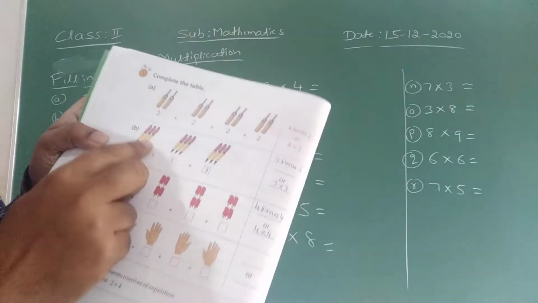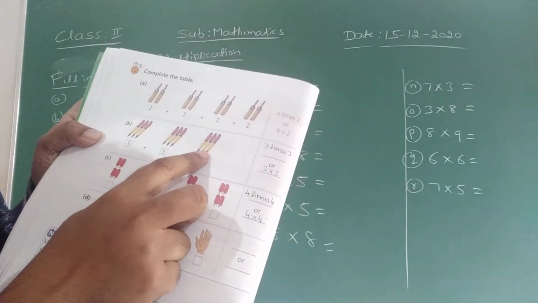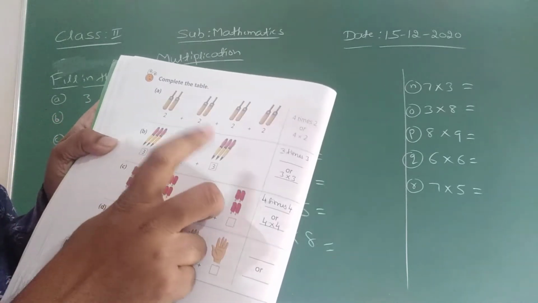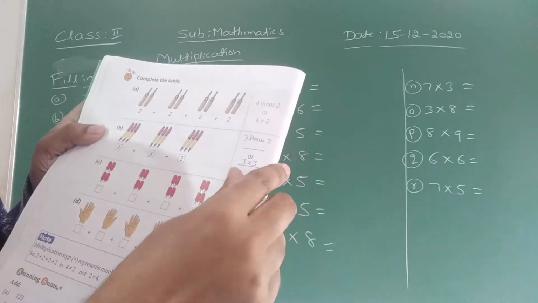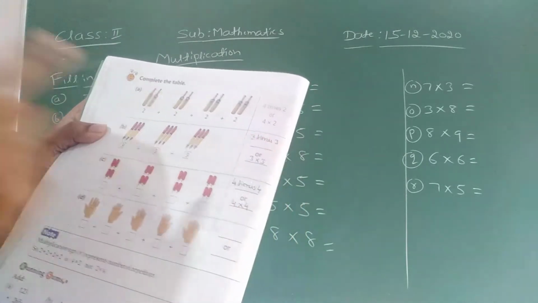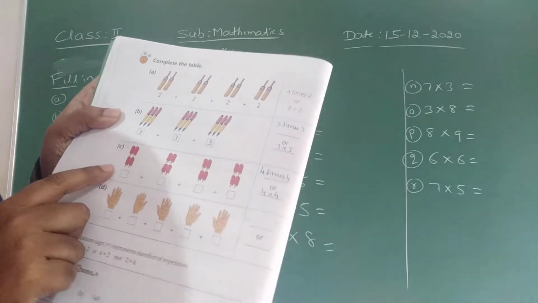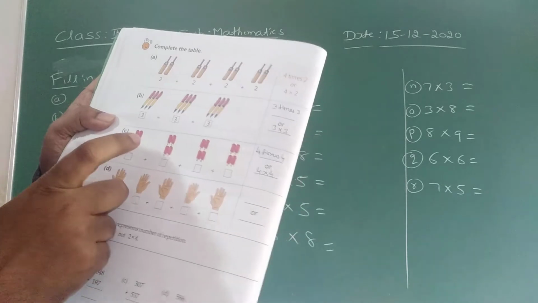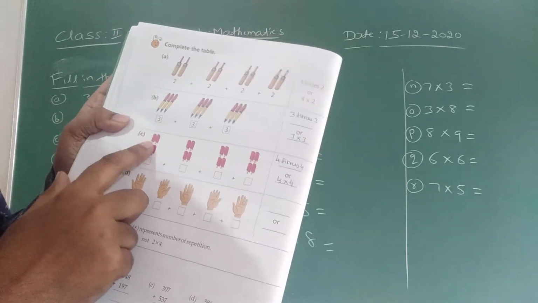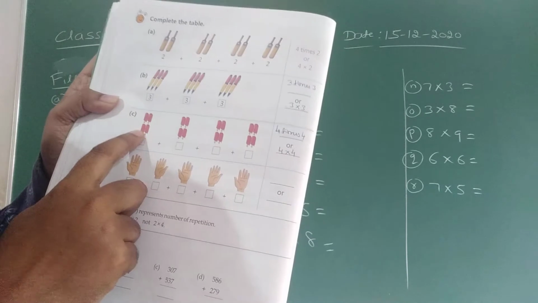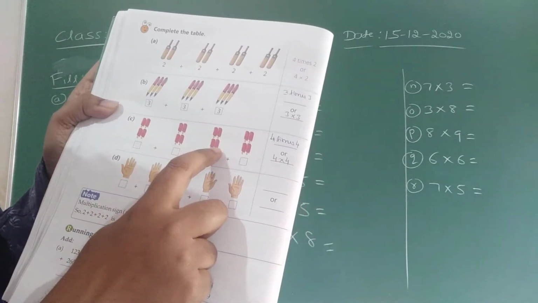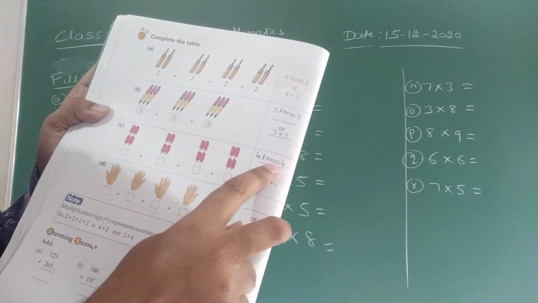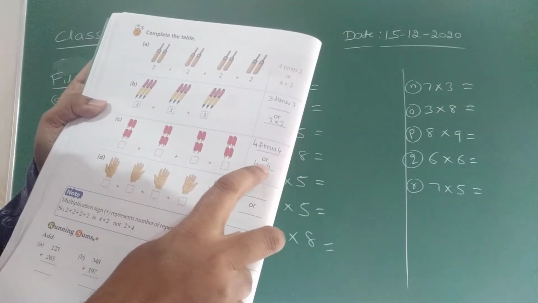Now similarly see here 3 pens, 3 pens, 3 pens. Okay. These 3 pens. How many times are there 3 pens? 1 time, 2 times, 3 times. Therefore, we have to write 3 times 3. Okay. Now next, here, see this example, ice creams. How many ice creams are there here? 1, 2, 3, 4. 4 ice creams are there. That is 4 ice cream 1 time, 4 ice cream 2 time, 4 ice cream 3 time, 4 ice cream 4 time. Therefore, we have to write 4 times 4 or 4 into 4.